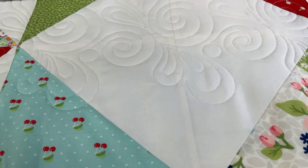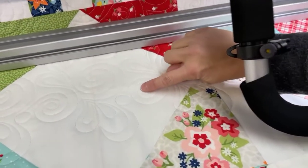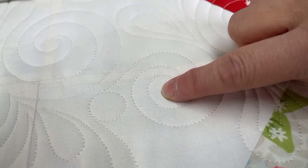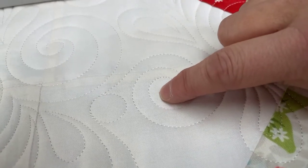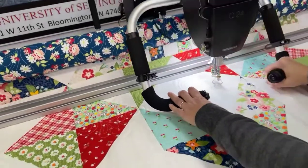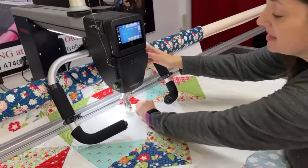So what I'm going to do is pick something towards the center of my quilt. I always realign in the center, and I'm going to pick this point right here at the end of the design. You can kind of see where my finger is pointing, and that's going to be someplace that I can find on the computer. The design comes all the way here to a point, and that's going to be really easy for me to find on the computer. So what I do is I go back to that point, and I'm just going to drop my needle down to make sure that it's lined up right there,